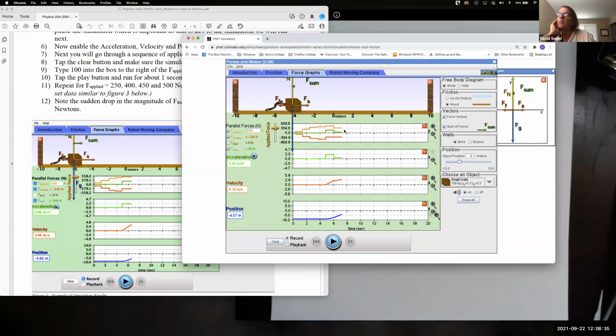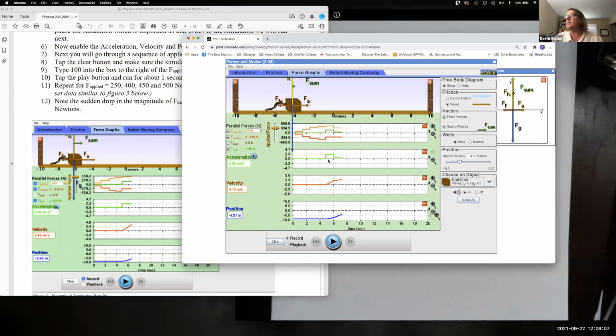Because it's moving, we're in the regime of kinetic friction. You don't just automatically switch to the regime of static friction. It's in the kinetic friction regime. So as long as it is moving, kinetic friction applies. It has to be stopped to have static friction apply. This is why when you push a box across a room, getting the box started is harder than keeping the box moving.